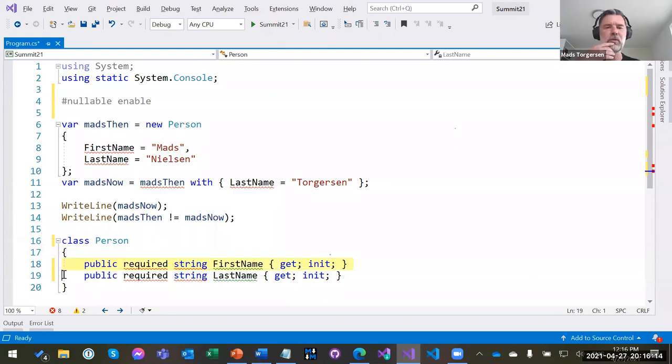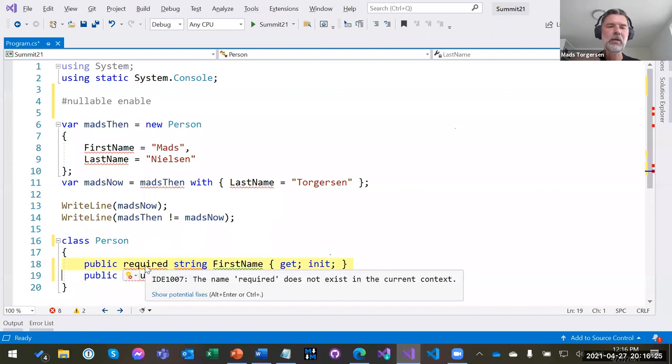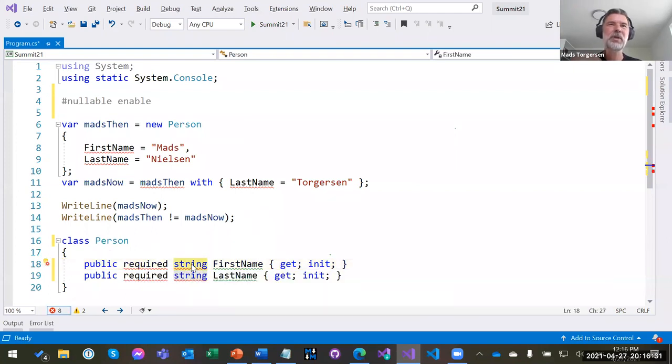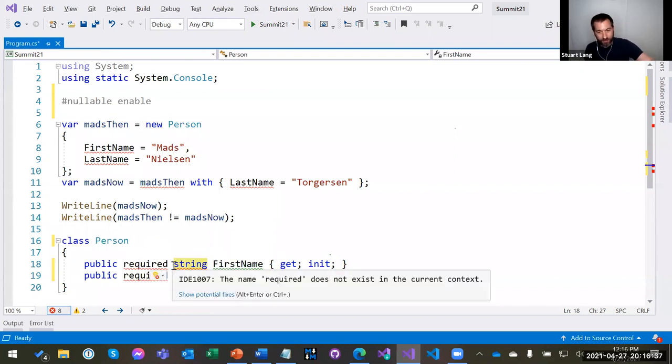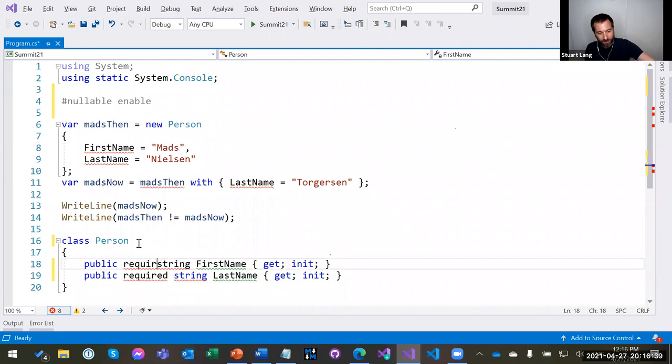Not quite. This would compile in C# 10, yes. And it would not give me the nullability warning, because the required keyword tells the nullable analysis that somebody will initialize this with a non-null string before the object is released to the world. But I mean, in C# 9, if you took required out, it wouldn't compile. It would say, this doesn't make sense.